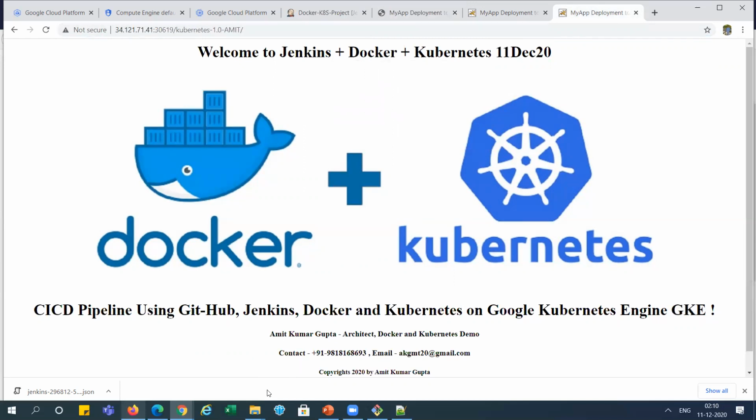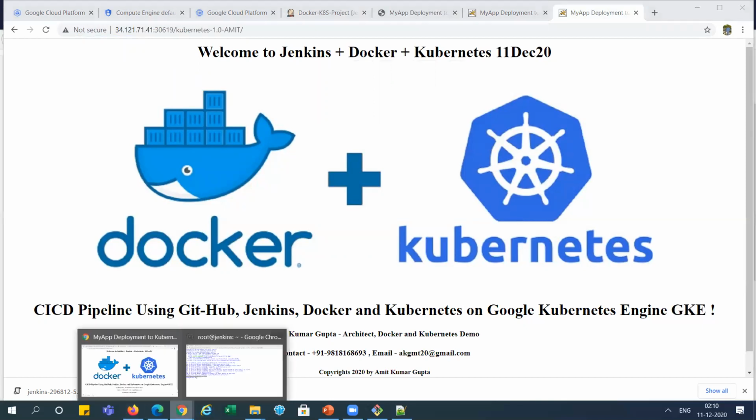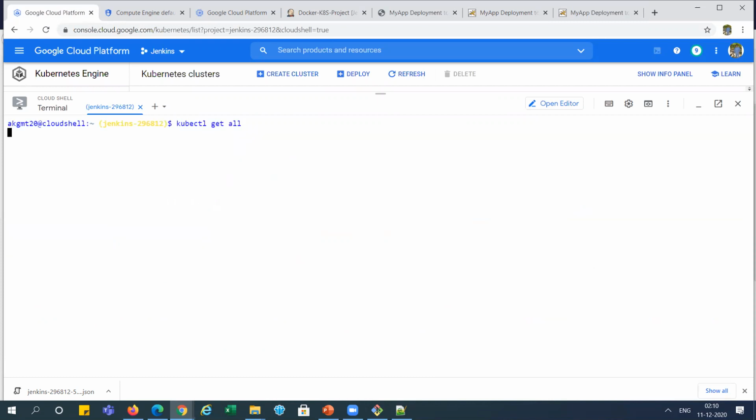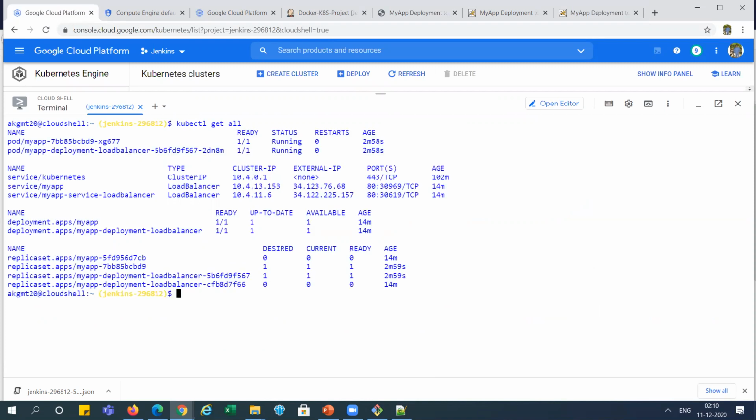If you want to see what is happening on the master node, we can just check it. I'm just clearing it. See, you can see here, this created one older one and it created the newer one, right?